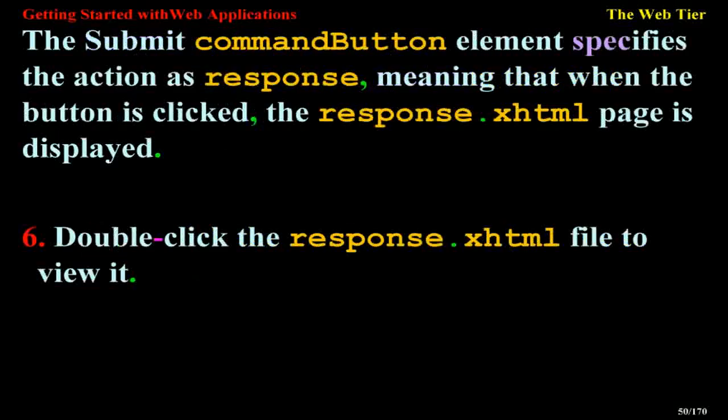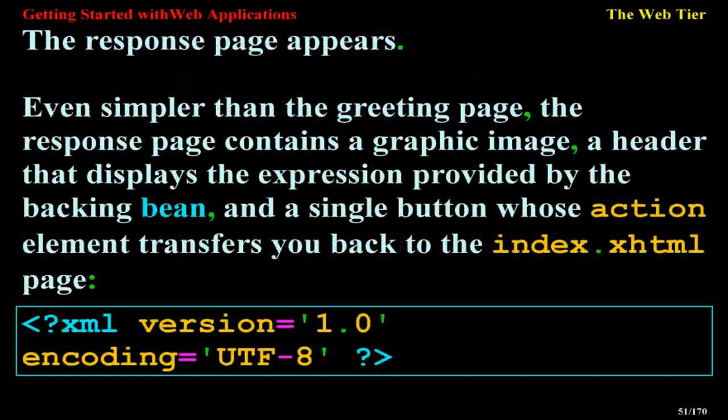The submit command button element specifies the action as response, meaning that when the button is clicked, the response XHTML page is displayed. Double-click the response XHTML file to view it. The response page appears. Even simpler than the greeting page, the response page contains a graphic image, a header that displays the expression provided by the backing bean, and a single button whose action element transfers you back to the